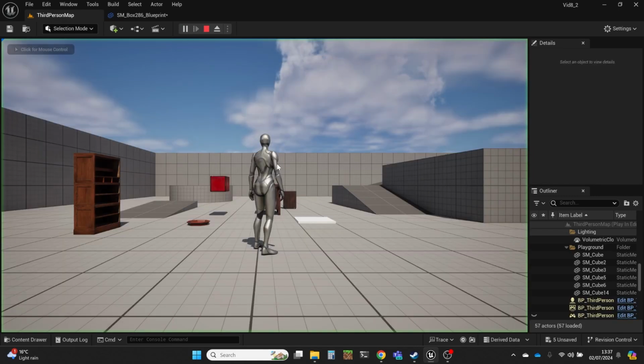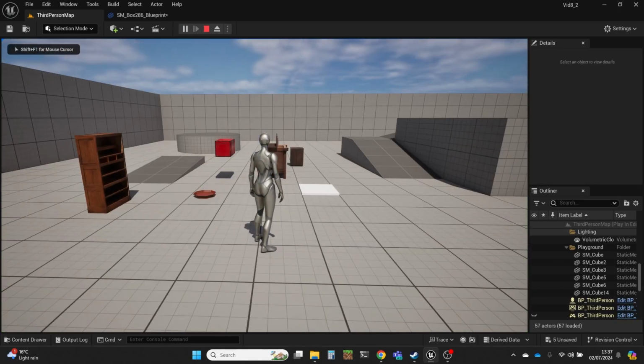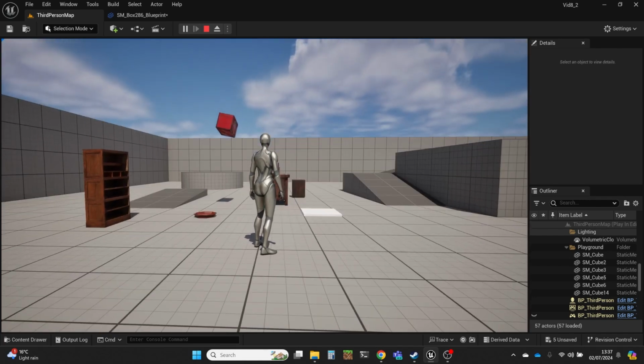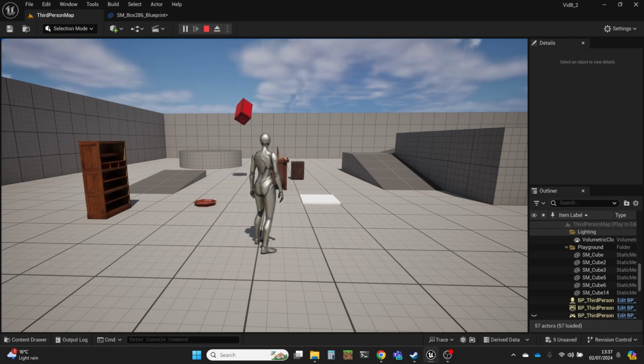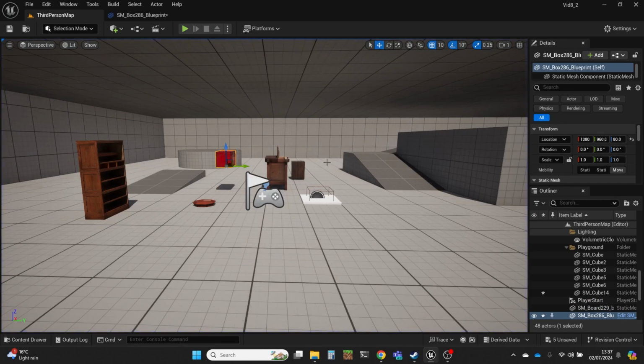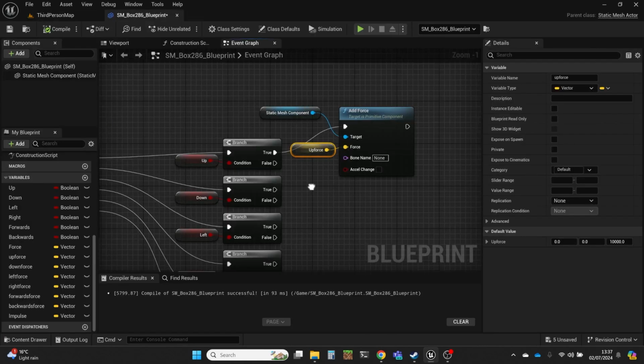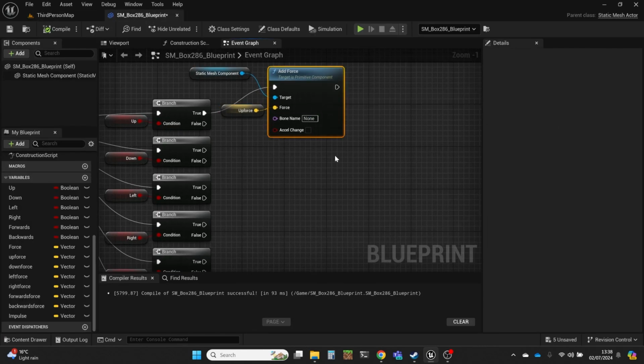Here and play. So my up key is T, and if you watch the box as I press T, is it Y? Yes, it's Y. I'm still off to the side. Now you can see it's bouncing off that invisible roof. But I haven't got any other forces in there, so it just pushes it upwards. And it's a fairly light push, despite it being 10,000. It kind of feels like you're pushing a balloon around. So let me just go back in and connect all the rest of these.